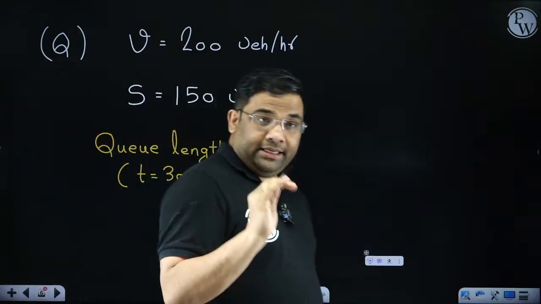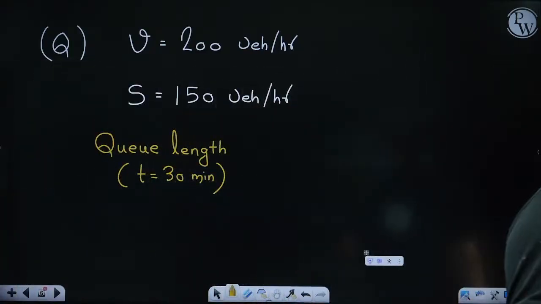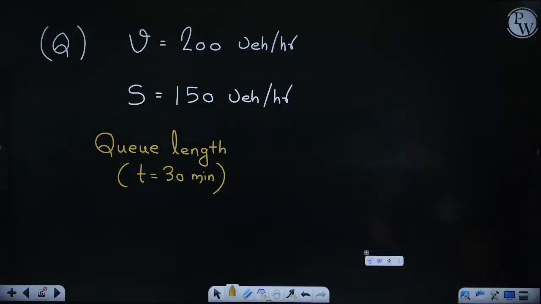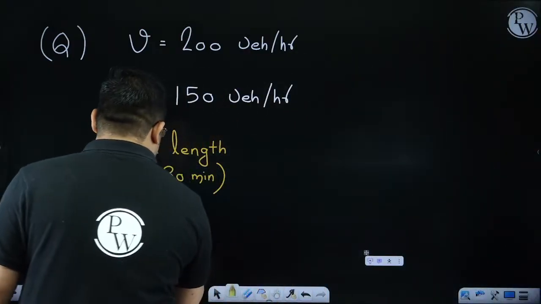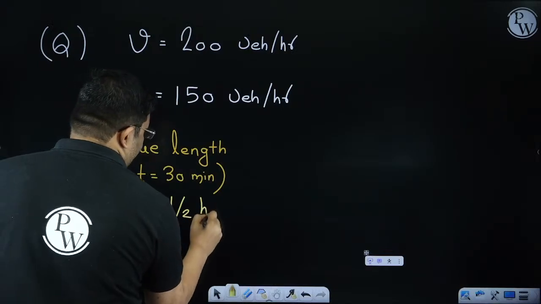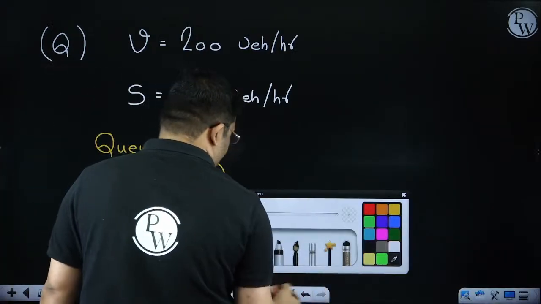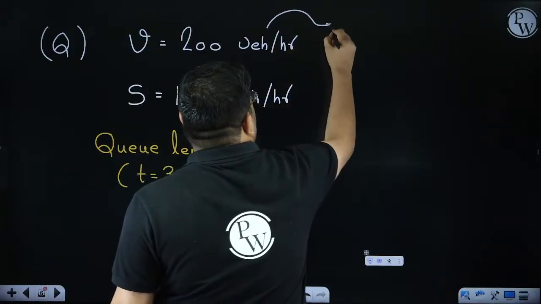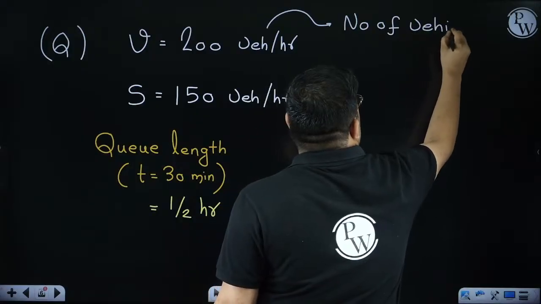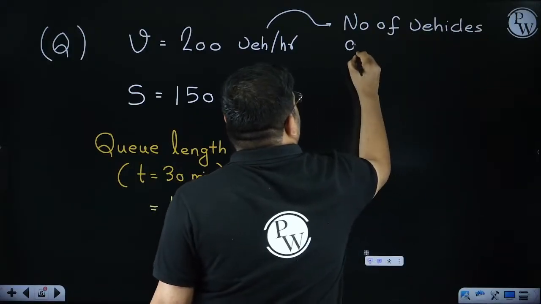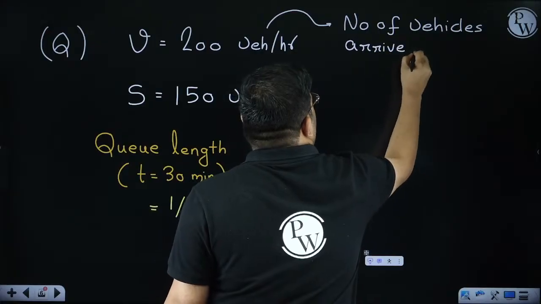Now see here, the 30 minutes is the time given in minutes, but if you see the rate, it is vehicles per hour. So I have to convert the minutes into hours. So this 30 minutes will become how much? It is half an hour. So if I find out the number of vehicles arrived from the arrival rate,